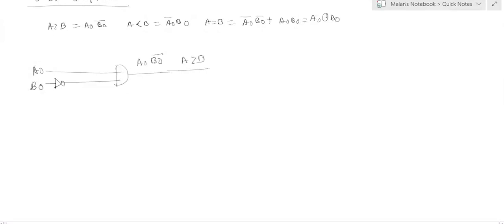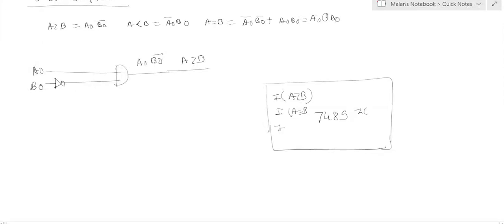Now I know that I have an IC 7485. This 7485 IC has the cascading inputs A greater than B, then A equal to B and A less than B. Now this A greater than B output I can connect to the cascading input of 7485.